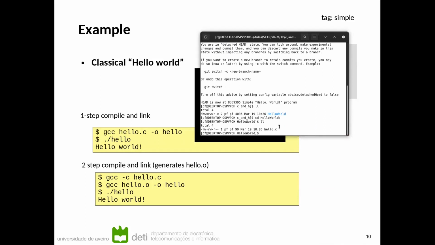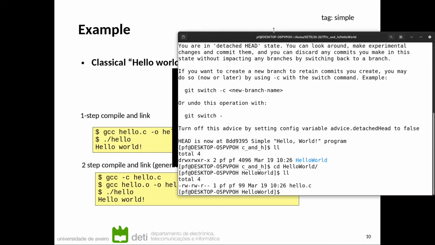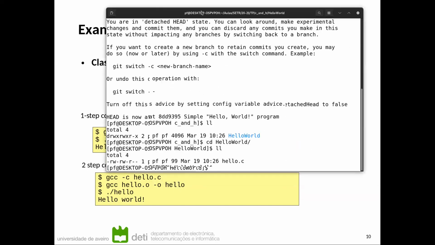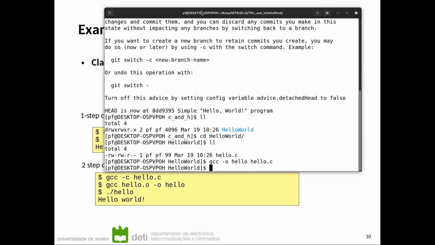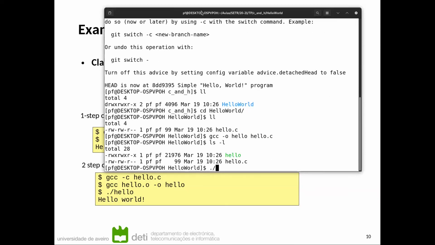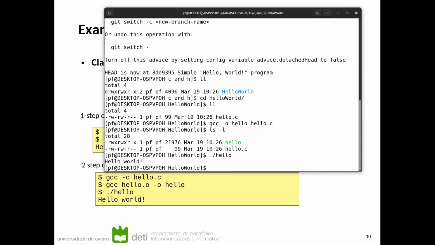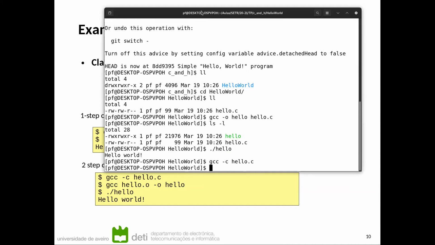I will just increase the size of the font in order to make it easier to see. All I have to do is gcc, and I will say that I want to write the output to a file called hello, and then hello.c. And then I have here the executable file working. If I want to just compile the file,